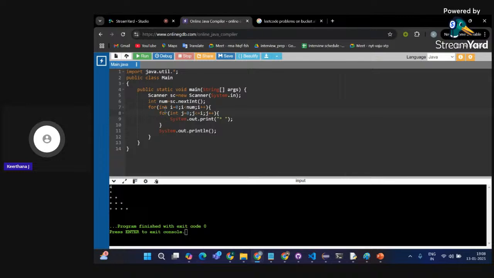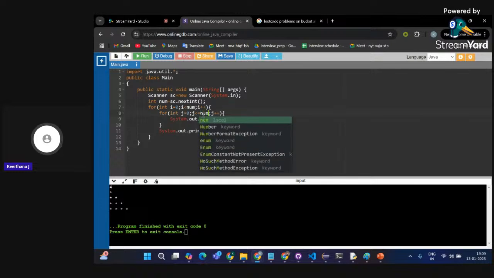First of all, let me explain the first logic. If I explain the first logic itself, you will be able to recognize how to draw this pattern. If the logic to write one pattern is clear to you with this nested loop, you can solve any question which is based on patterns. So let me go with my first example.